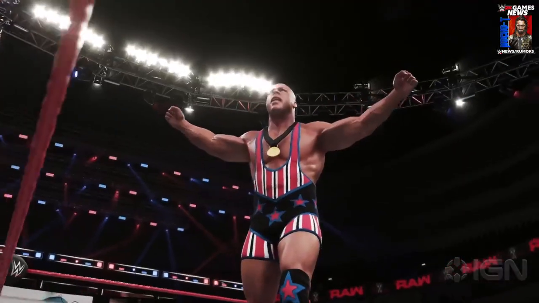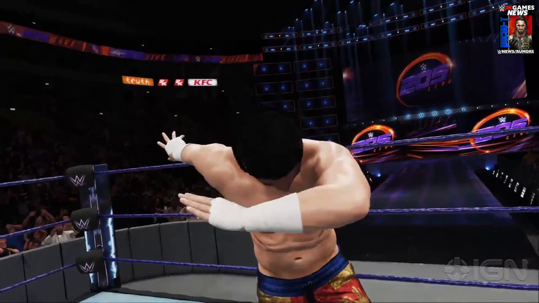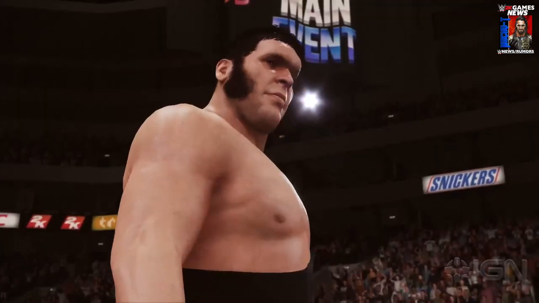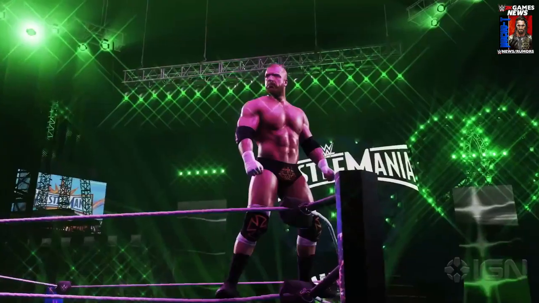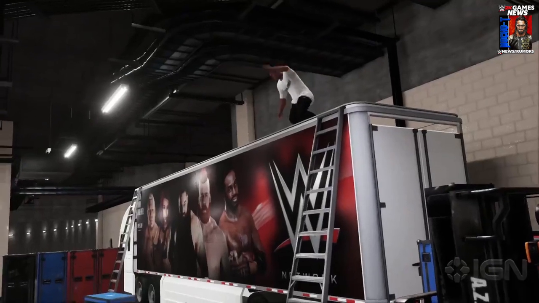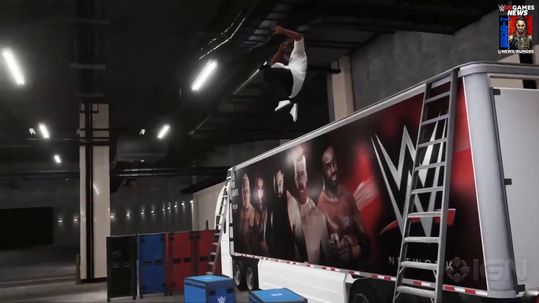More clips of superstar entrances and the new attires that some of these superstars will be using in the game. TJP on the 205 arena, and Andre the Giant on the Saturday Night Main Event arena. Natalya as champion. Another glimpse of Triple H in the WrestleMania 33 arena, and this one right here clearly showing that Shane McMahon doesn't just jump off the top of a Hell in a Cell, but he would just jump